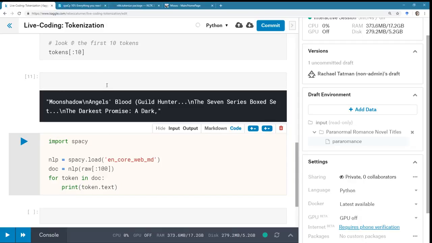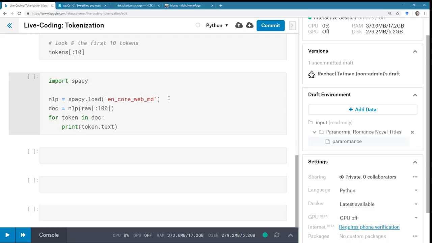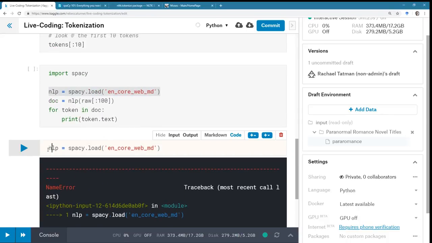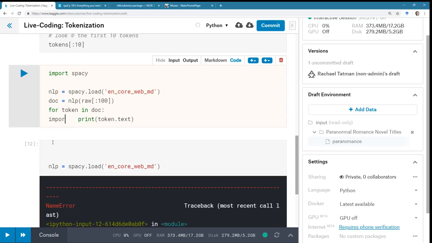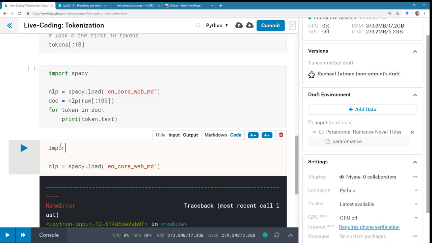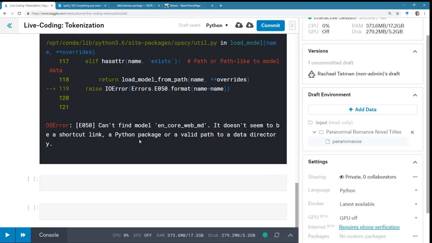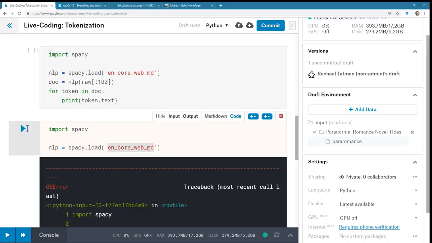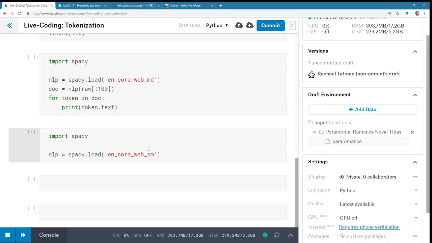So what this is doing is we're importing Spacey. Then we're using a language model, and I'm actually going to run this in another cell just to make sure. Oh, right. It would help if I imported Spacey, huh? Just to make sure that I haven't made some spelling mistakes, because I have been known to make spelling mistakes in the past. Oh yeah, we can use the small then. It should be imported and working fine. I have just misspelled something, and I don't want to go digging around right now.